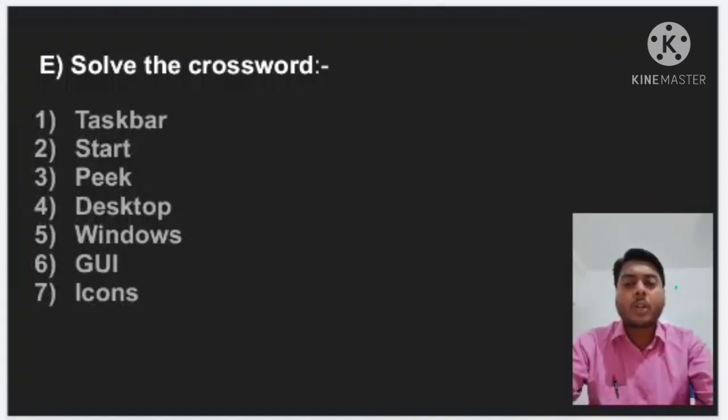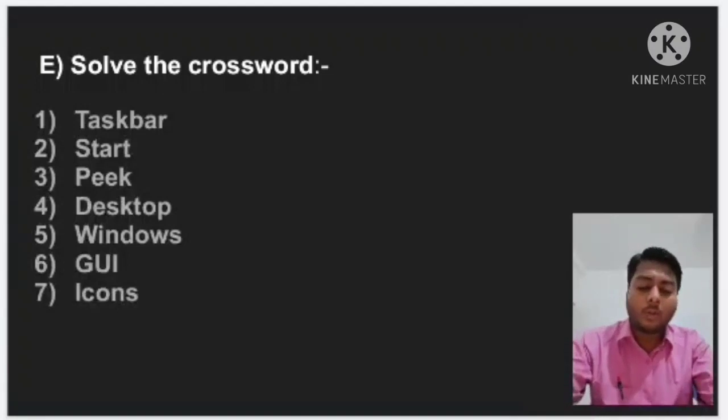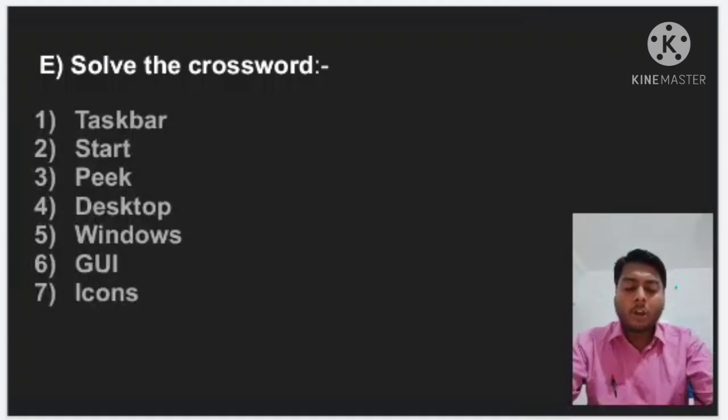So option number 4, desktop. Got it? Next, fifth number, a popular operating system from Microsoft. So write Windows, not window, Windows, okay, because there are 7 boxes given.